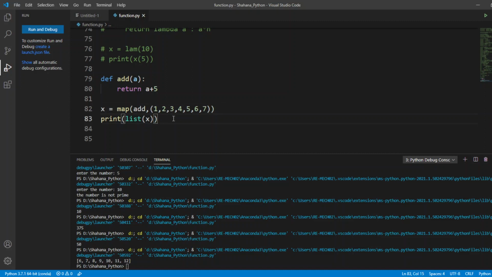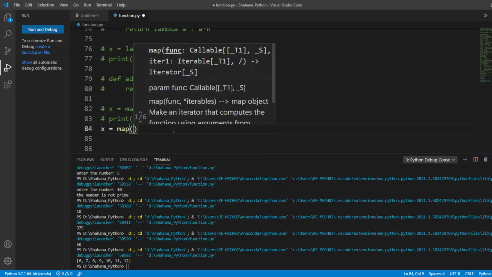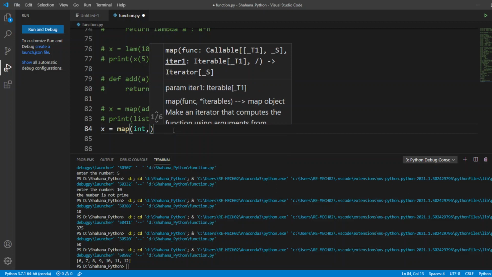We can also use our map function to get an input from a user as a list. What if I want input from a user? We have seen getting a single input from a user. What if I want to get multiple inputs from our user? For that also we can use our map function. First I'm defining x. It's going to be map, integer, comma.